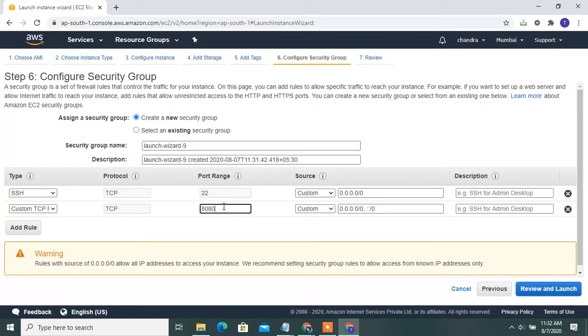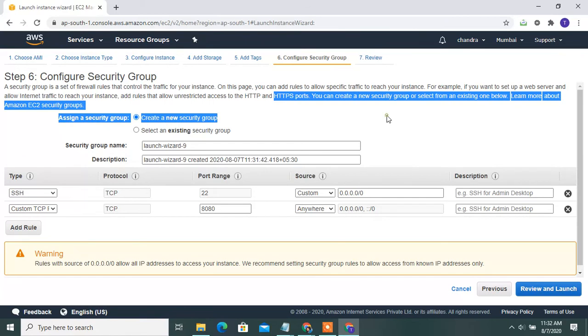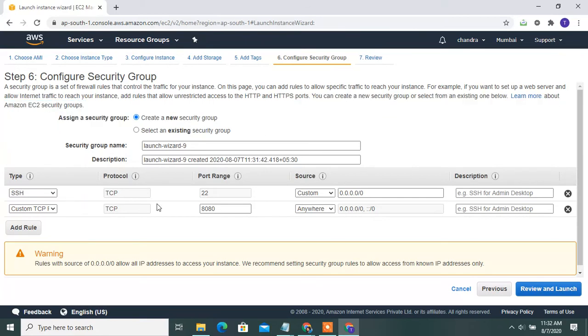My Tomcat port is 8080. You can select anywhere here also. Then you can use this port and the public IP to access it. That is the security groups: inbound roles is incoming traffic and outbound roles is outgoing traffic. You can mention it here.